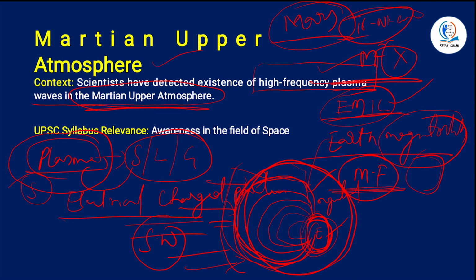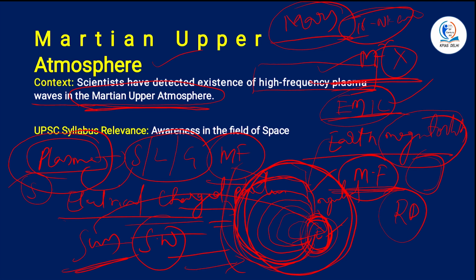So what is the recent development now? The recent development is confined to the planet Mars, which says that Mars does not have any intrinsic magnetic field. So when it does not have any intrinsic magnetic field, the high-speed solar winds that are coming from the sun, as I told you, interact directly with the Mars atmosphere because there is no magnetic field in between. With respect to Earth, you have Earth's magnetosphere and magnetic field, which is acting as an obstacle, but that is not the case with Mars.